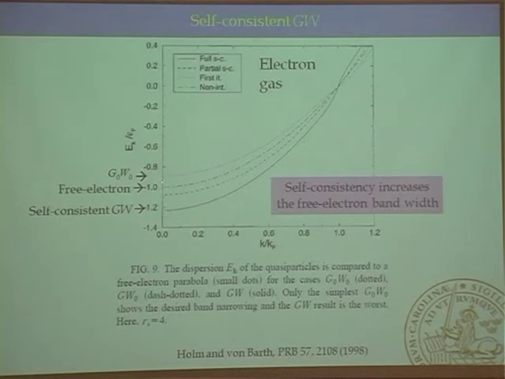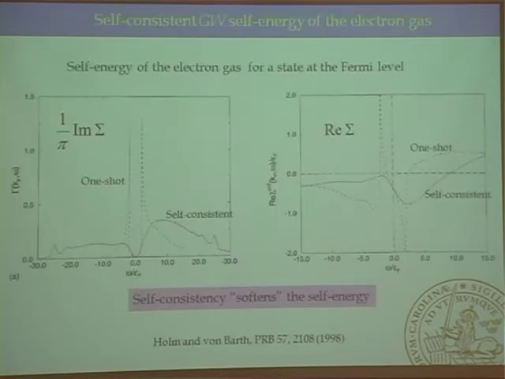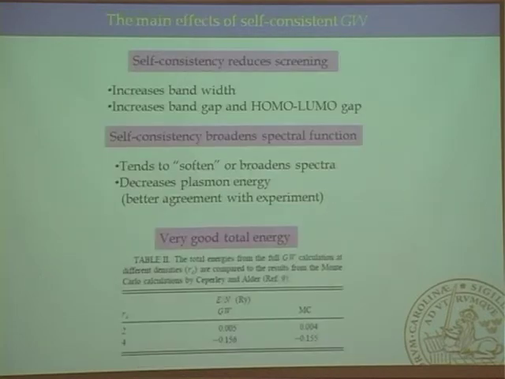So self-consistency reduces the screening. That means we are going towards Hartree-Fock because you reduce the screening. That tends to widen the bandwidth. You can also understand that self-consistency should increase the band gap because